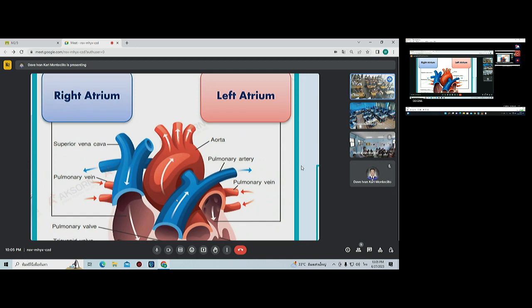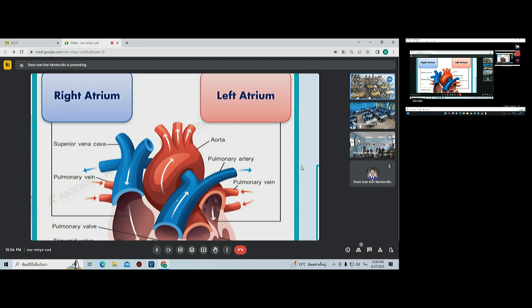Okay. The blue color here, this is what we call blood vessels. Blue, red, these are blood vessels. Everybody, what is this? Vessels, okay? It's like a road, like the cars are moving on the road, right? It's like the pathway of blood. So the road here, the blue is what we call the superior vena cava. Everybody, what is the blue color?